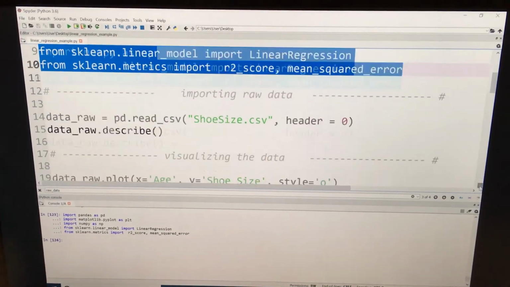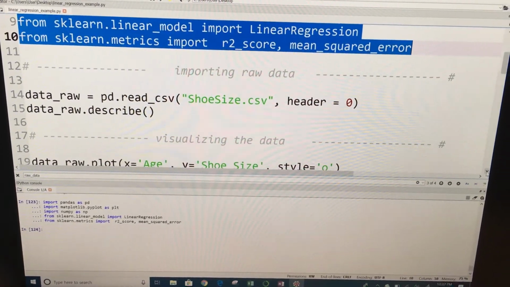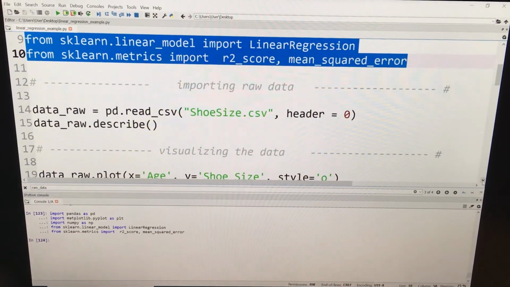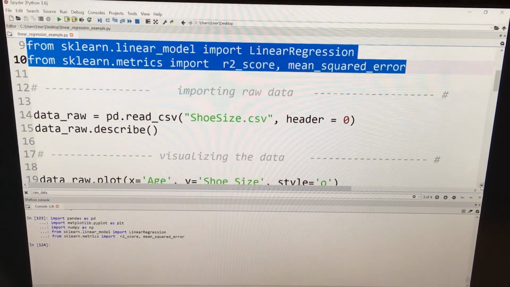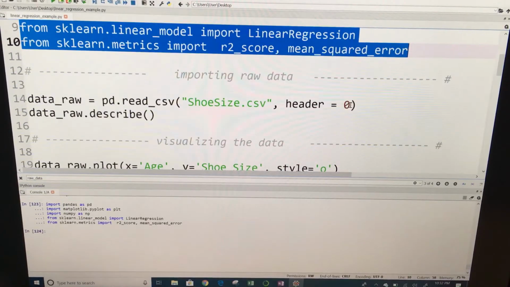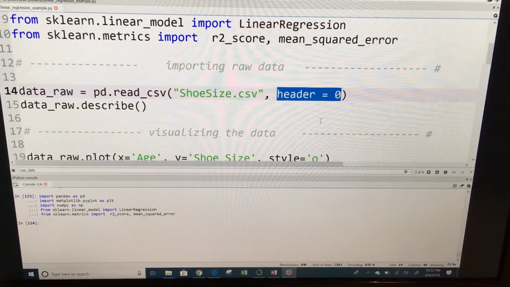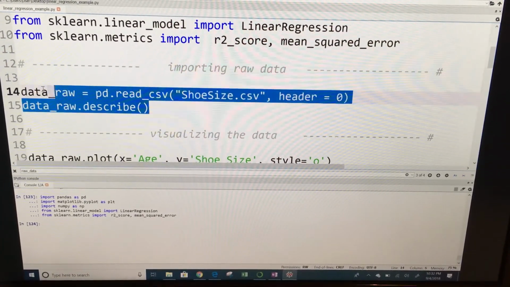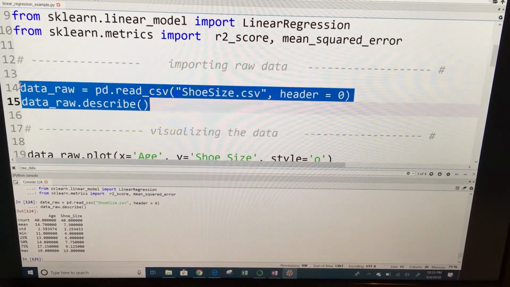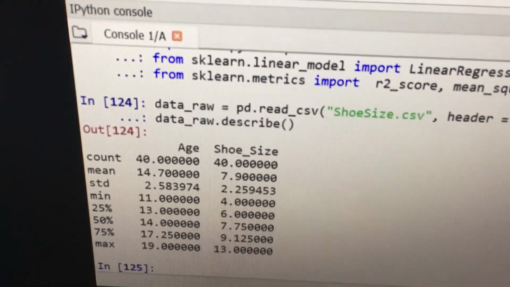Let's move on. So in this case, like we saw about 2 weeks ago, we're going to be importing data into pandas. This data is in a CSV, or comma separated value format, which is very common, not just comma, common, so that we can read in the data. This annotation of header lets us know that there are names on the top of these columns. So let's import this data, and we're also going to describe it. Now if you look, you can see from the description that we have 40 counts, or 40 observations, in 2 columns, age and